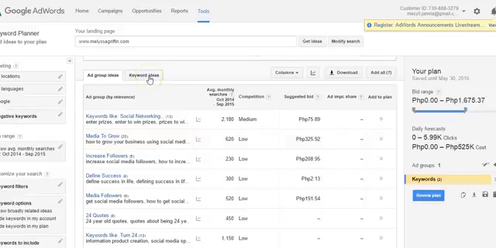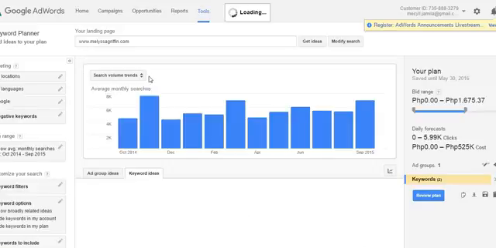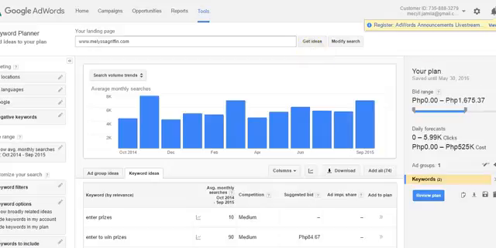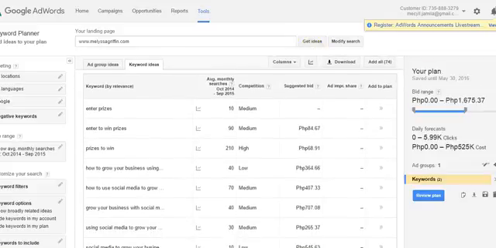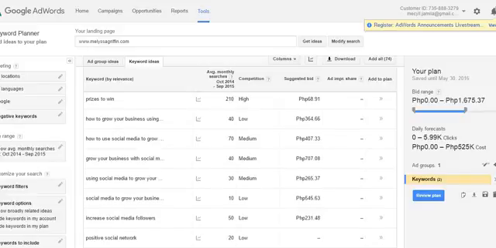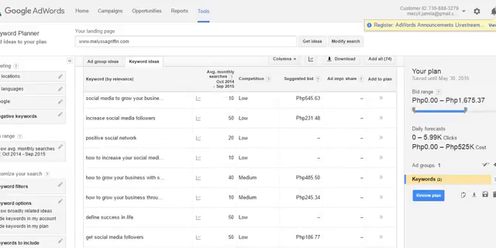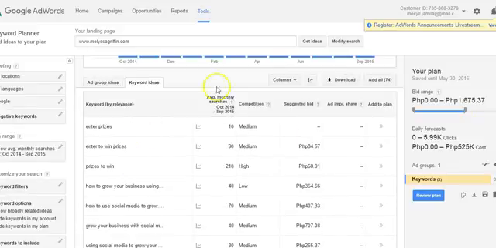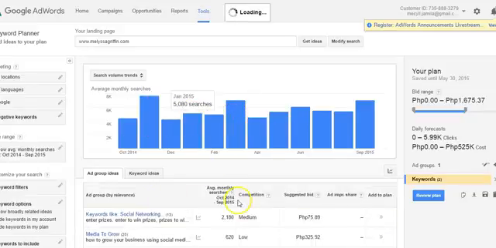ranking. So you can also use the keyword ideas. This is just from her site, so at least you have an idea what kind of topics she writes that are more high ranking or have higher searches from her audience. So you'll see it's more social media. So you can play with the terms, you can play with the group ideas or keyword ideas based on these